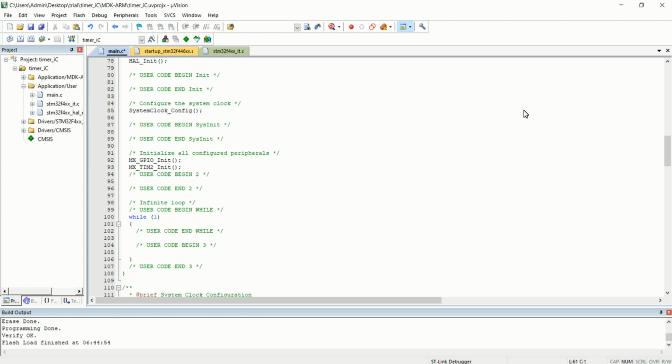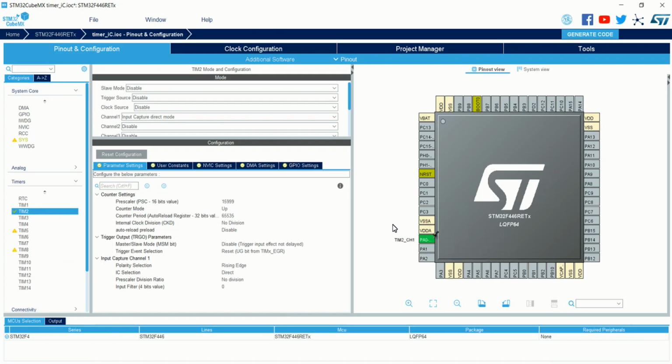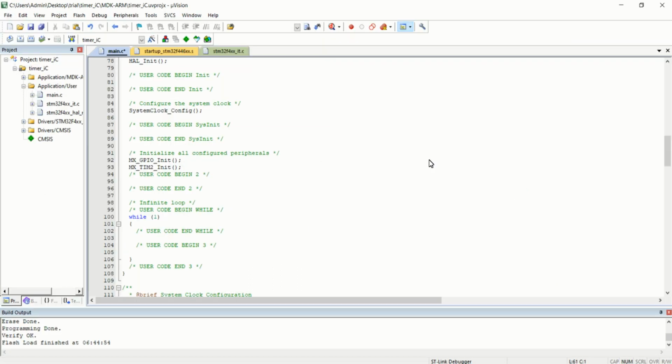So whenever a rising edge pulse is given to the PA0 pin of the microcontroller, that is the timer 2 channel 1 of the microcontroller, which has been configured in input capture mode, the timer 2 peripheral of the microcontroller will interrupt the processor with an interrupt called input capture interrupt. And at that moment what I'm going to do is I will be just storing the timer count value at that moment to a particular variable.